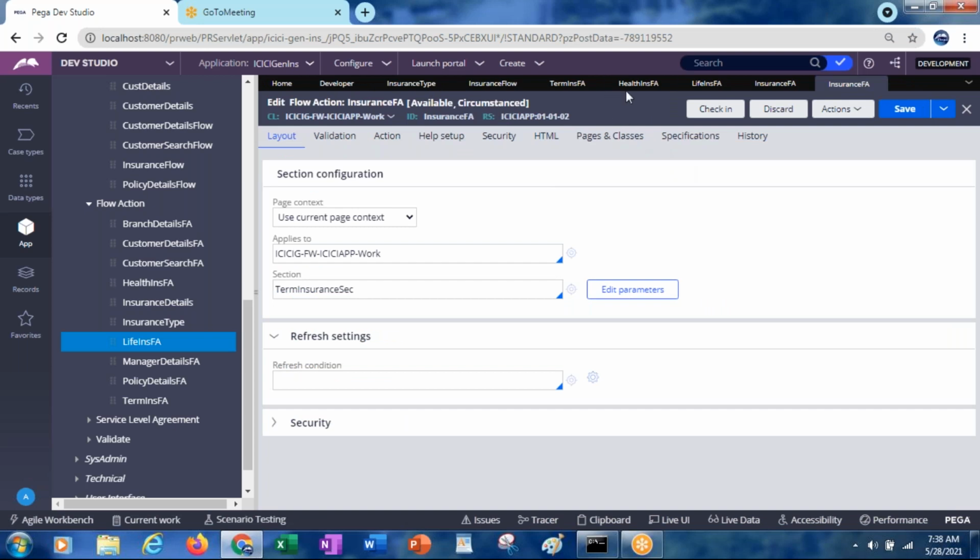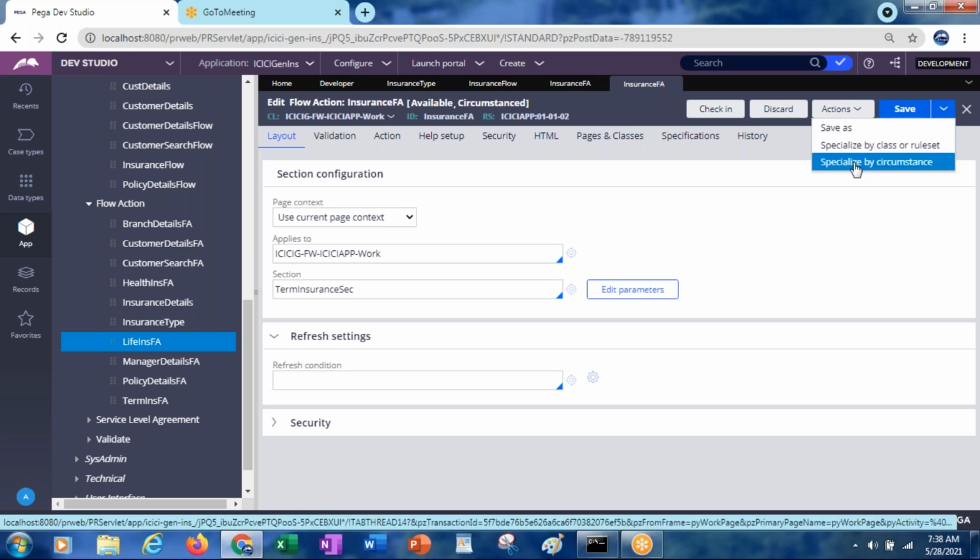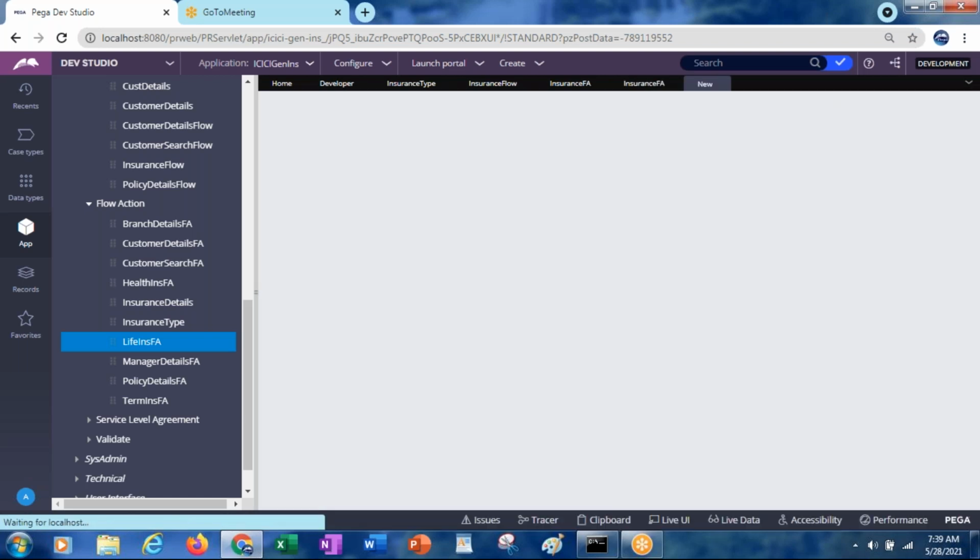Health insurance, life insurance, not term insurance. Now I have created the insurance flow action. The first one refers to term insurance, the second one also refers to term insurance. Now save as by circumstancing.